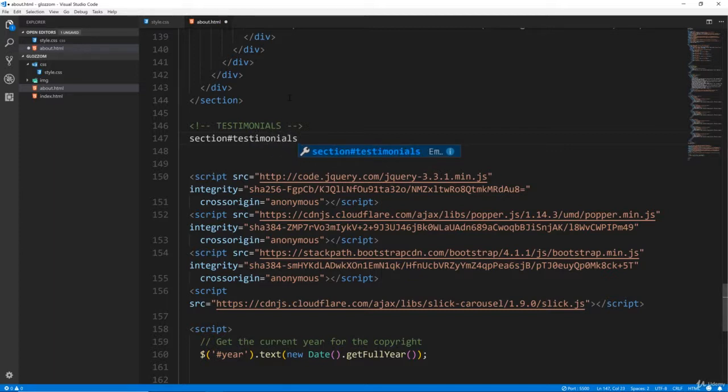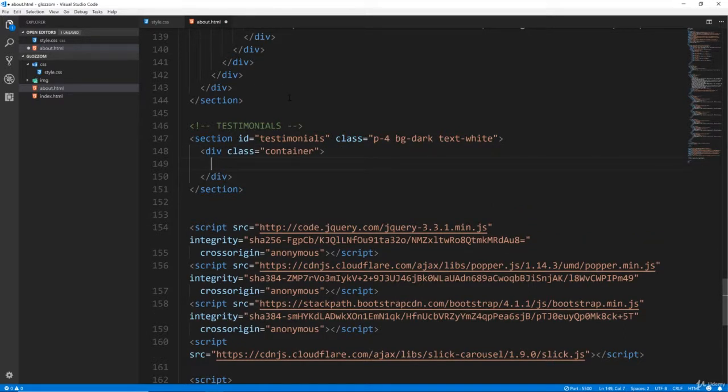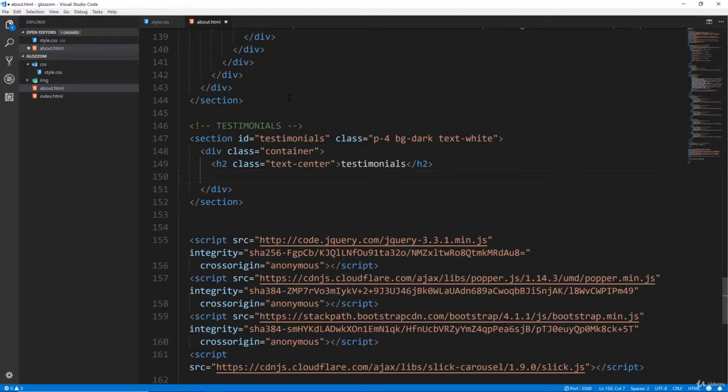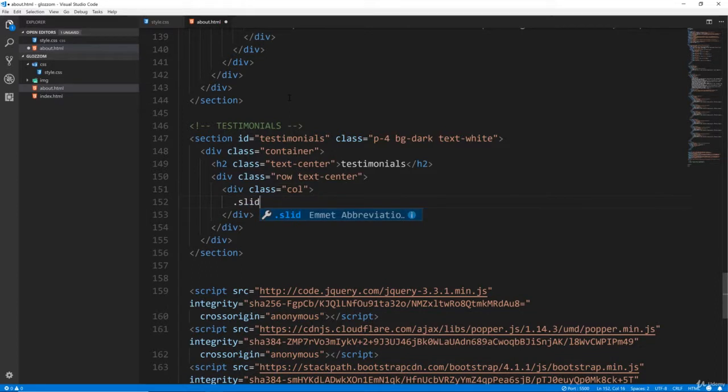and let's give it a class of P-4, so padding 4. Let's also make the background dark, so BG dark, which means we want to make the text white. And then within here we'll do our container, and let's put an H2 and text center, and we'll say testimonials. And then under that we're going to put a row with text center, and in here we'll just have a column that stretches all the way across, and then we want a slider